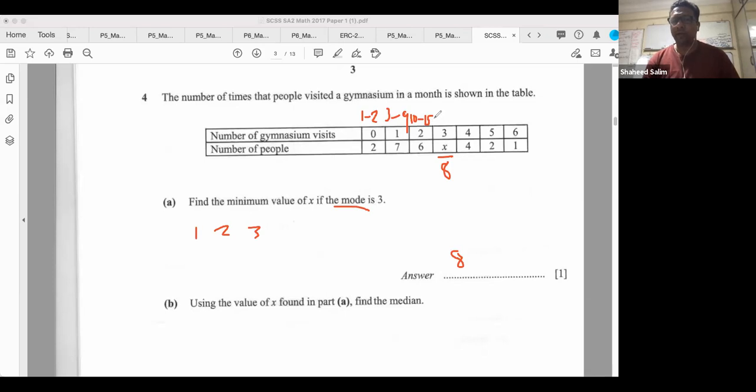Then start with the next one now. 16, 17, 18. Down here. And then the next one, start from 19. 19, 20, 21, 22. Then next one is,